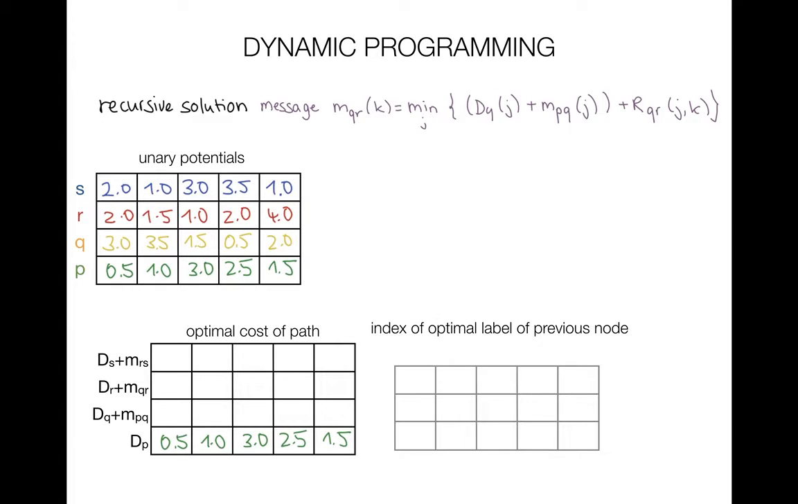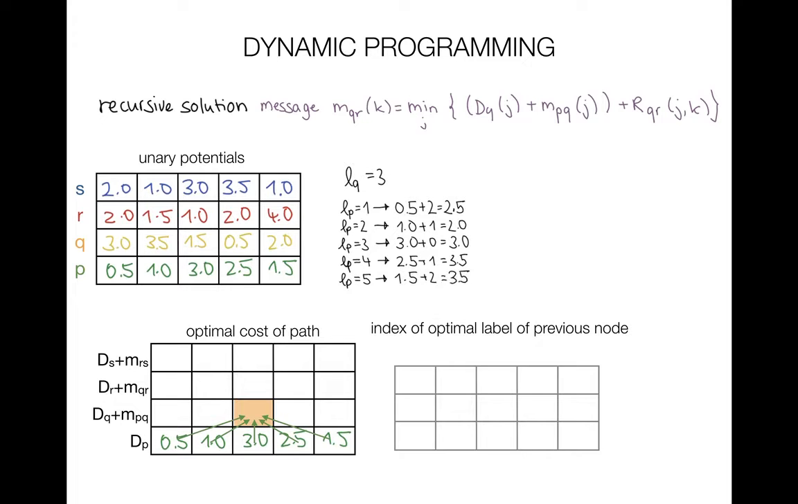Let's evaluate the message for the 3rd label of the yellow node. Here we have 5 potential paths which lead us here, and we have to calculate the cost of each of them. The first one has a cost of 0.5 plus regularization term of 2. The second one has a cost of 1 plus 1. A third one only has a unary cost of 3. And the remaining 2 ones both result into 3.5. Once we're finished, we simply select the minimum